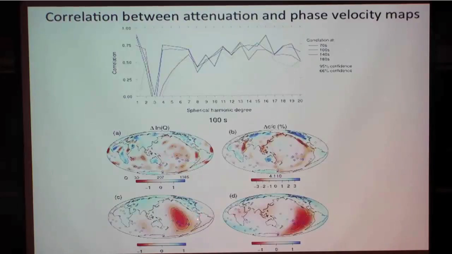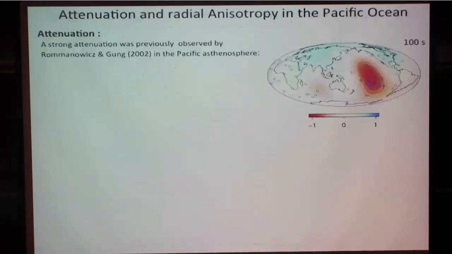Okay? So it seems that we have something in attenuation which is located beneath the hotspot. This has a very strong long wavelength component, it's the strongest signal at very long period. There is also a small reduction of velocity beneath the hotspot here, but it's not the dominant signal when you filter that at very long period.